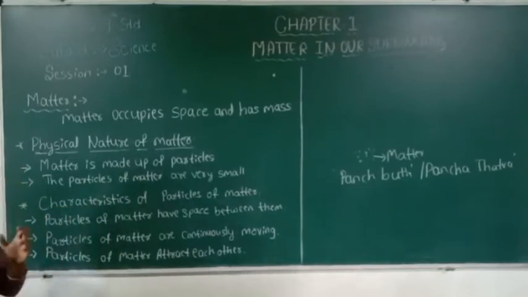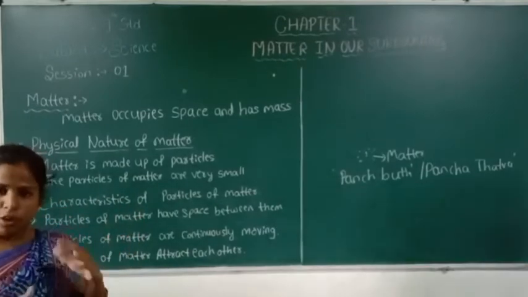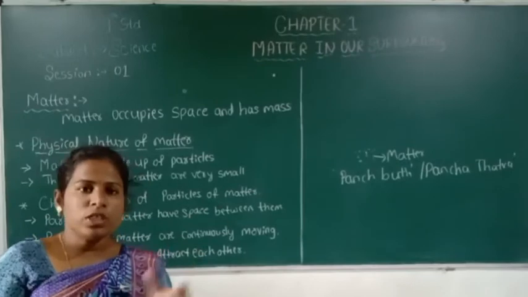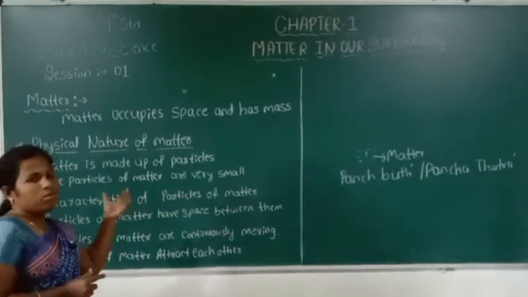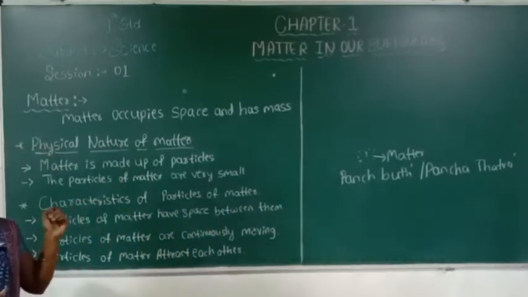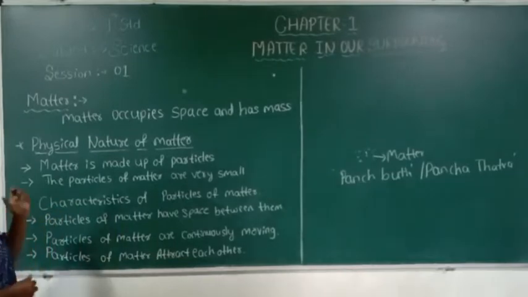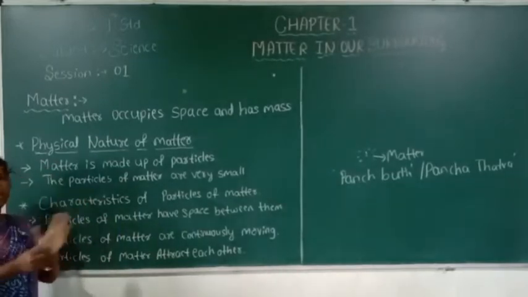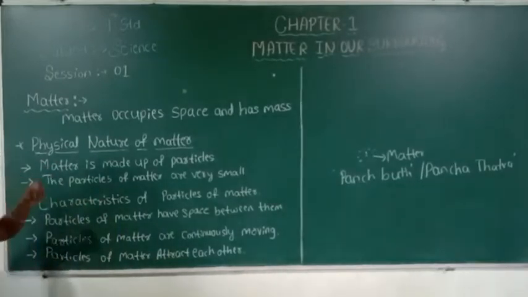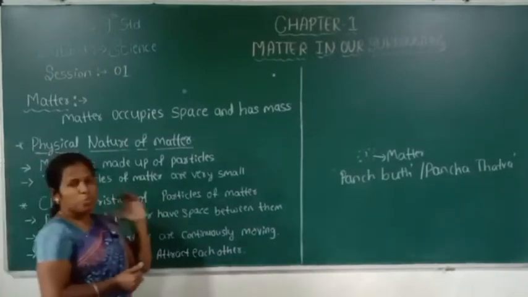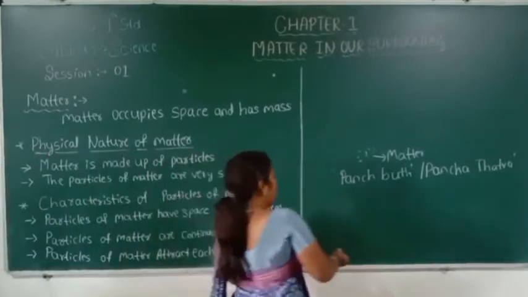We see large buildings, but to build a large building we use small bricks, sand and cement. The whole building is big, but we use smaller particles to build it. In the same way,